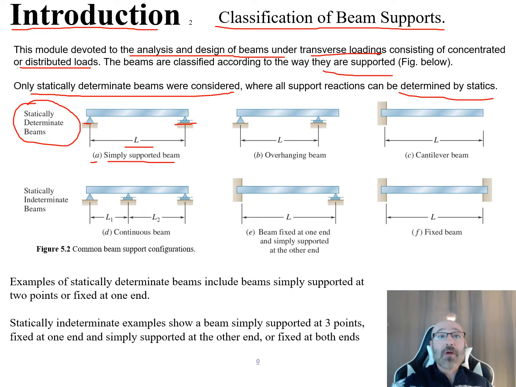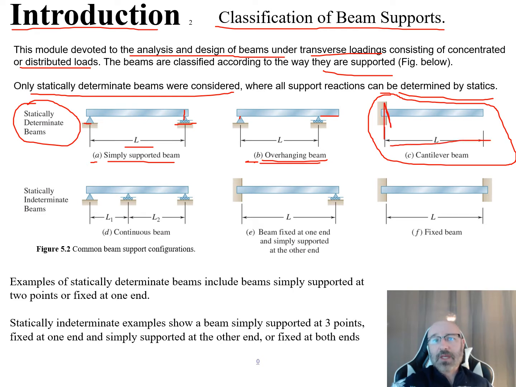Then we have in part B for our statically determinate beams an overhanging beam. So we can see in our overhanging beam, again, now you have those two supports similar to what we saw in a simply supported beam, but rather than the beam length ending with this support, it now overhangs, hence the term overhanging beam. And then we have a cantilever beam, and you've seen this before, and you will continue to see it in some of the labs and other classes that you go into. So you just have the one fixed support over here,